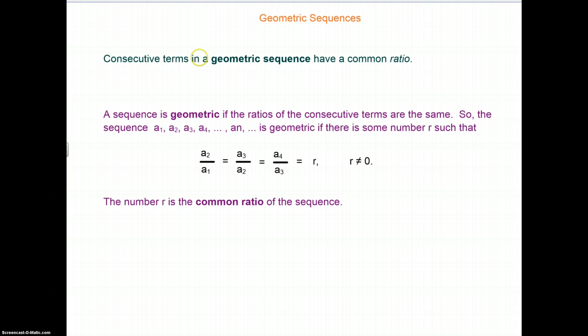So a geometric sequence is defined similar to the way the arithmetic sequence is, in that it's a series of numbers. But the relationship between the numbers in a geometric sequence is such that there's a common ratio. So if I have a sequence A1, A2, A3, A4, and so on, then we're going to look at the ratio of A2 to A1, and it's going to be the same as the ratio of A3 to A2. In other words, A2 divided by A1 is the same as A3 divided by A2,